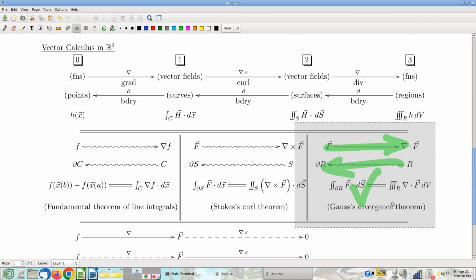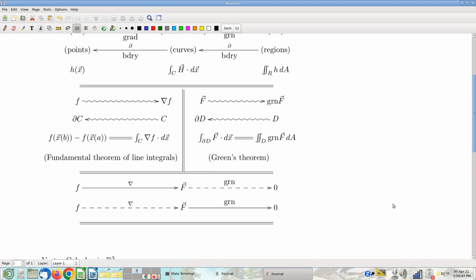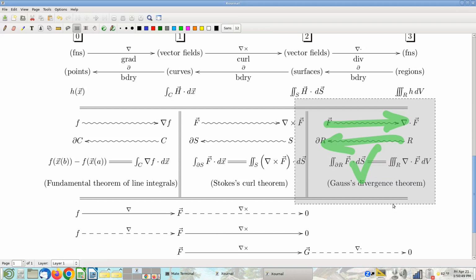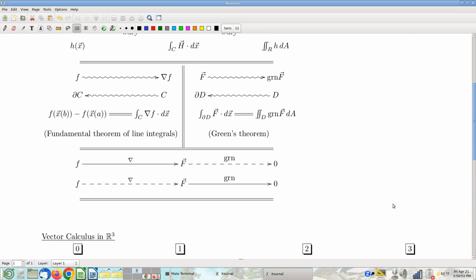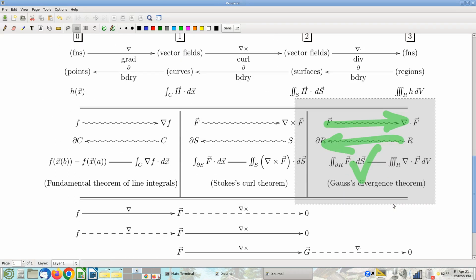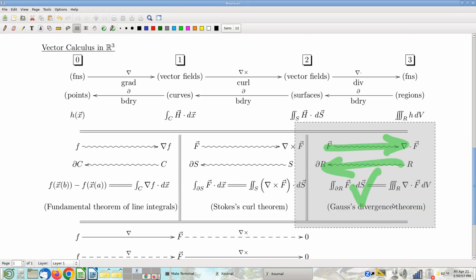Also, in some sense, notice now you don't really have to view these as three separate theorems. You can view these theorems as all being the same theorem. In fact, not just three, all five of these. Six if you count the fundamental theorem of calculus in one dimension, right? All six, in some sense, versions of this one theorem. You can understand just by understanding one pattern